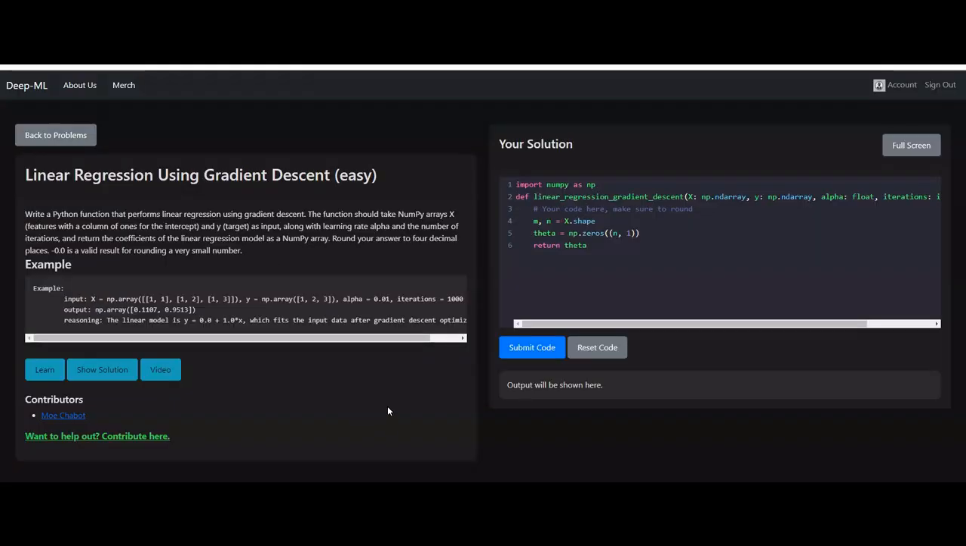Hello everyone. Today we'll be tackling problem number 15, which is linear regression using gradient descent. Now, this problem is intricately related with the previous problem, which was linear regression using normal equations. I also have a video for that one, so be sure to take a look at that one first if you haven't already. This question is going to build up on that idea